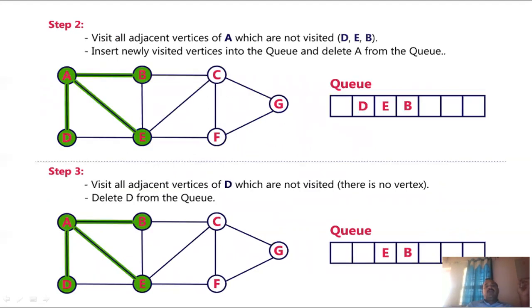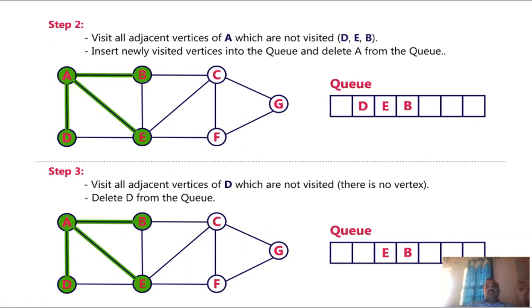In step 3, from A visit D, E and B. A is removed from the queue, then D, E and B are inserted. A is removed from the queue. Why is A removed first? Because A was inserted first, it is removed first, and there is no chance to visit further nodes from it. Next, what are the elements available in the queue? D, E, B. Clear, all of you.